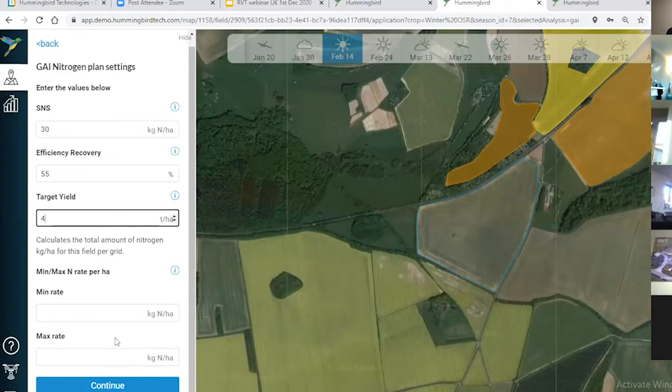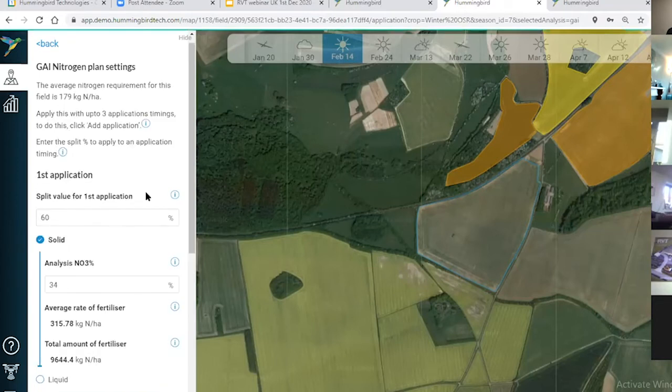The final area that you don't necessarily need to put anything into, but is an area where you can put in a cap and a collar. So you've got a minimum rate and a maximum rate of fertilizer that you want to use. Now, this is really useful for NVZ sensitive areas, especially, and something that maybe you want to have a look at and take into consideration. For the time being, I'm going to leave them blank, and we'll go on to the next section,